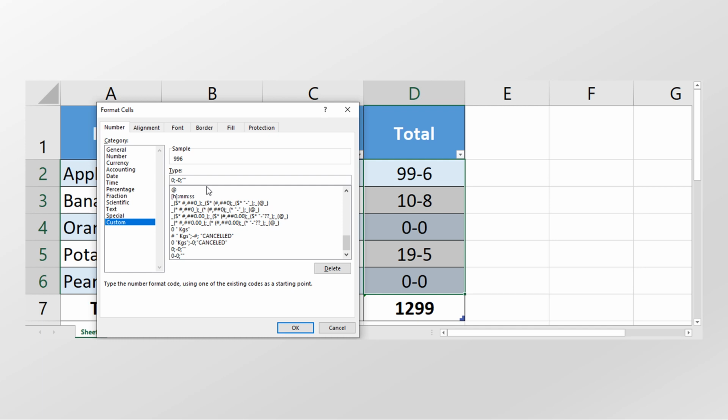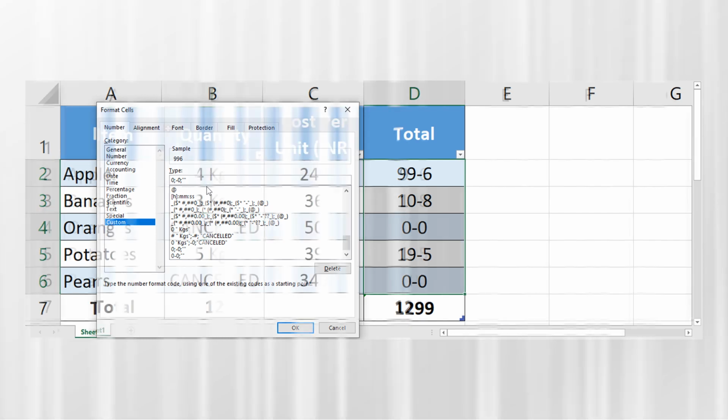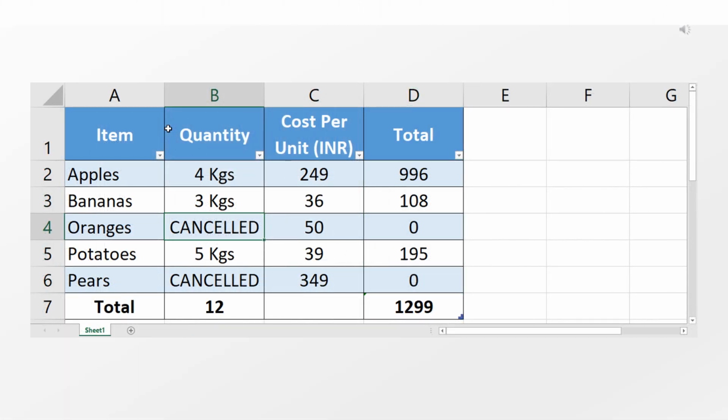Select Custom and in the type mention 0 semicolon, minus 0 semicolon, and now in the third parameter enter quotes open and quotes close without any text within these quotes. As soon as you press OK, you don't see anything in the place where it was showing 0. It shows a blank cell.